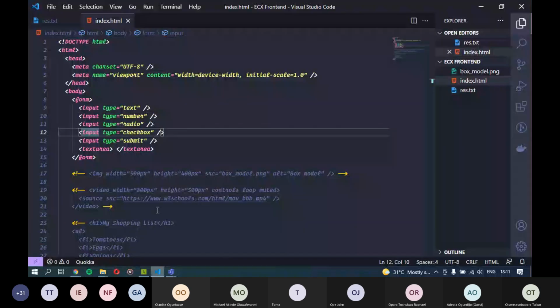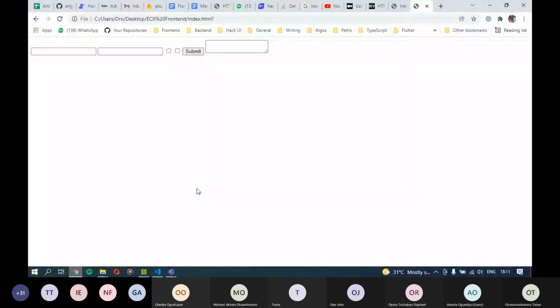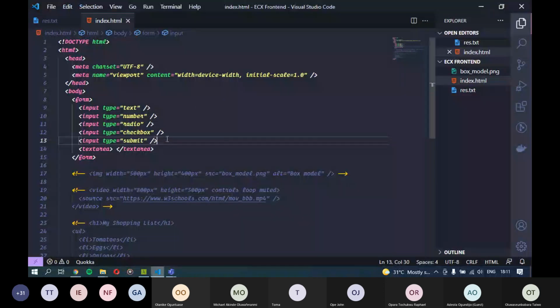So the input type submit is actually a button, as you can see, because when we click it, it's kind of like submitting the form. But as I said before, we want to make sure that our HTML shows meaning, shows structure.